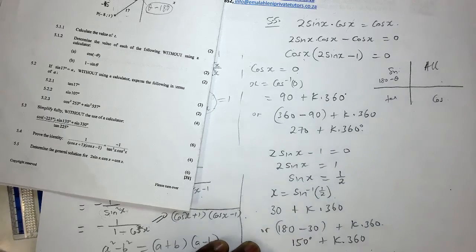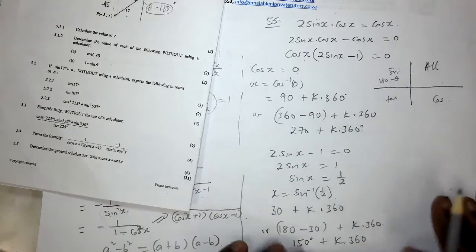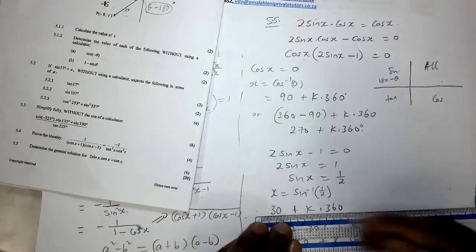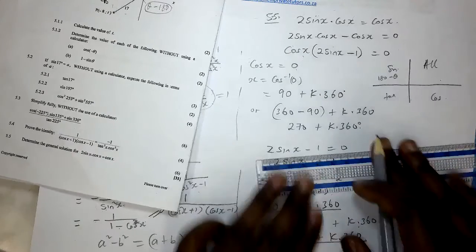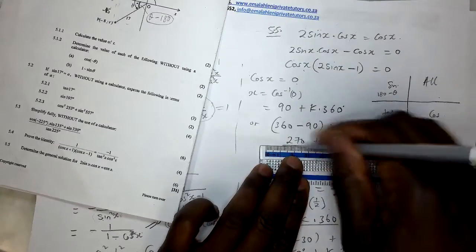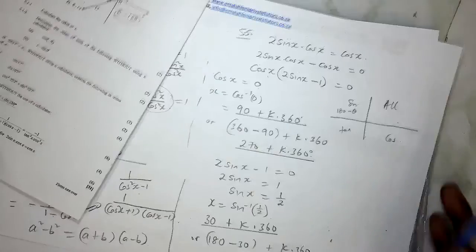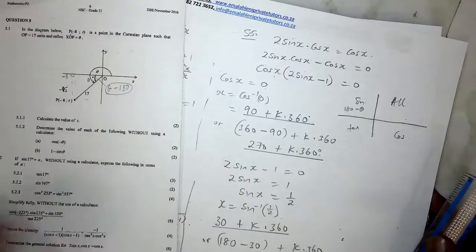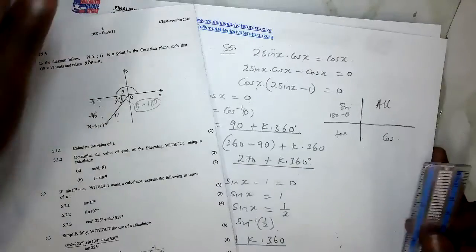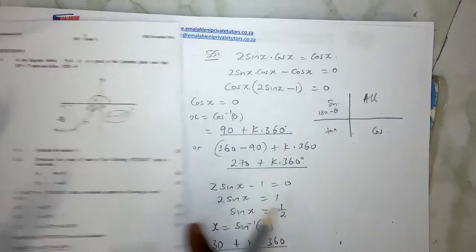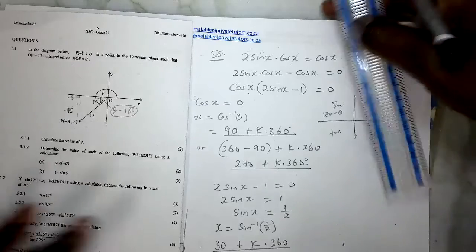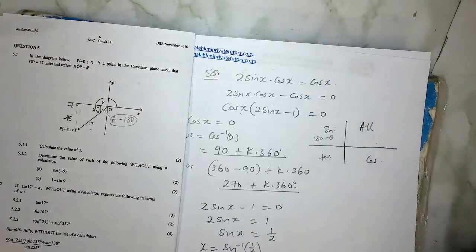That's what we get. So these are the answers that you'll be expected to show in your answer sheet. I hope you have mastered how you are supposed to answer, especially when you're dealing with cos. Remember where cos is positive and where it is negative, your sine as well. And also when you're doing a general solution,